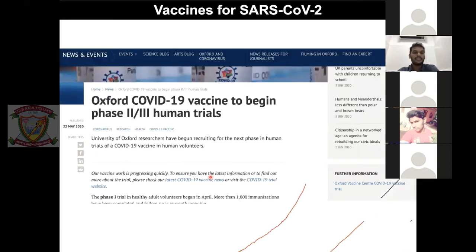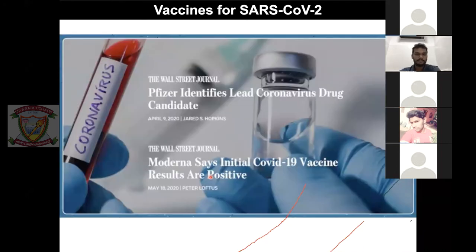And there's something from Oxford University. Their vaccine news came. You can see the date, 22nd May, 10 days back, or 14 days back, that Oxford University developed a vaccine, and that is in phase 2, phase 3 clinical trials. They already gave it to 300 humans, and it is showing really positive feedback. So we are at the edge of identifying a potential vaccine for COVID-19.